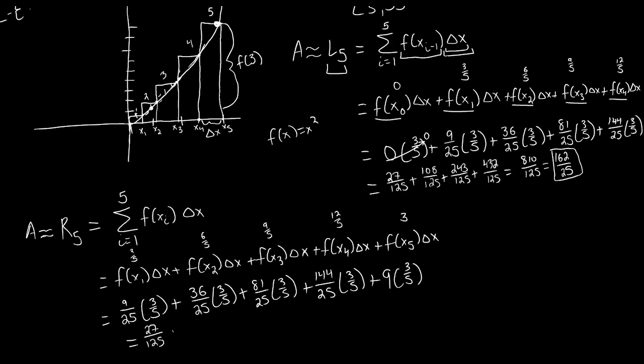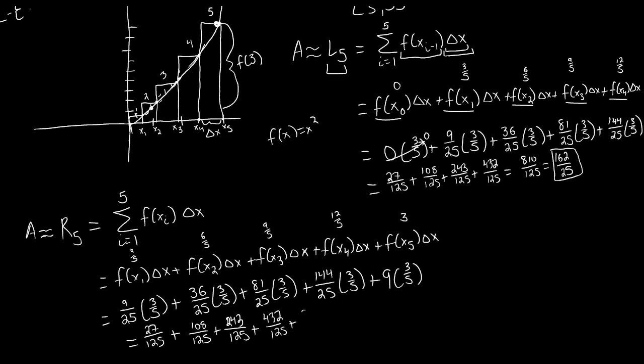Like I said, there are some similarities here with the left endpoint approximation that we did, so I'm going to copy down the values we have, because those multiplications are repeated. So here we get 243 over 125, plus 432 over 125,